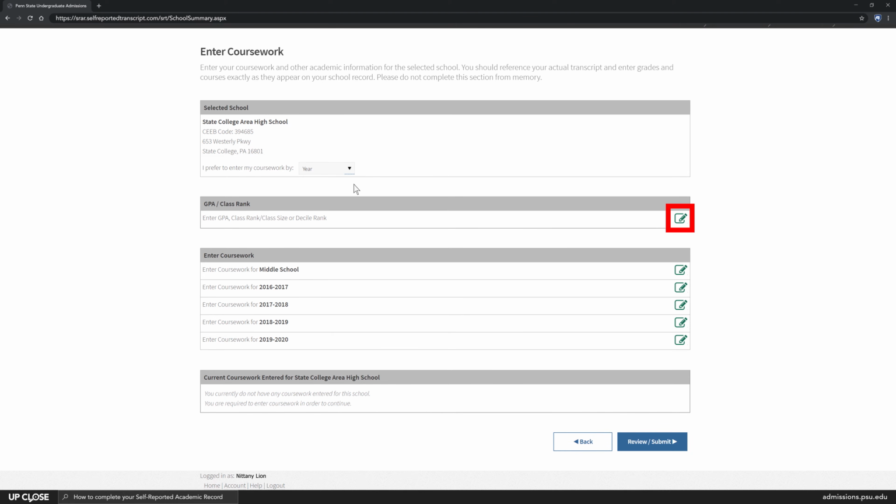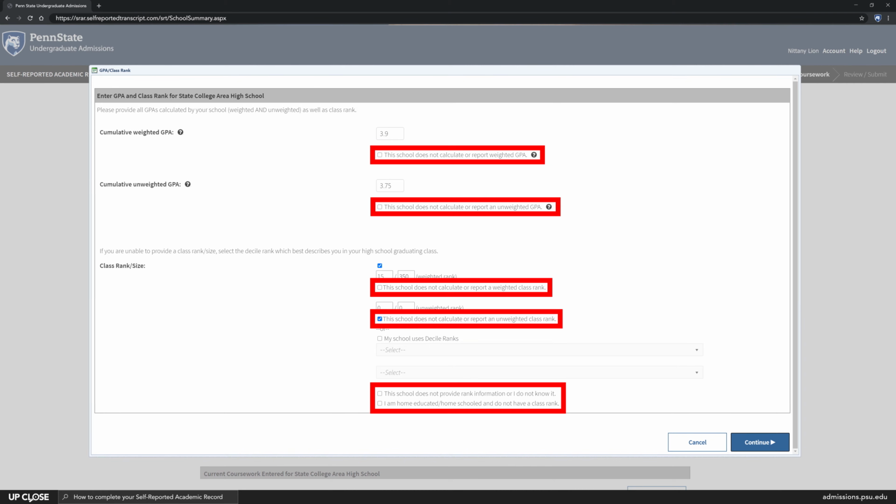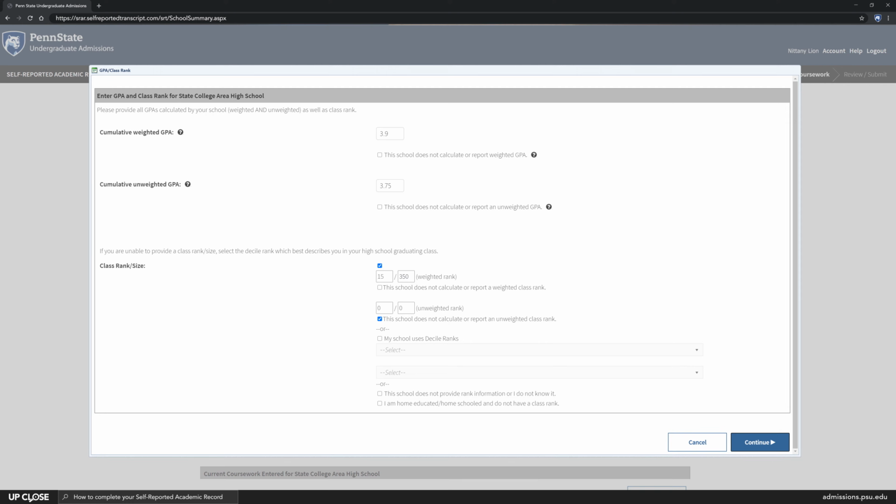The next thing you'll want to do is click on the green pencil icon under GPA and class rank. This is where you'll enter your cumulative weighted GPA, unweighted GPA, and rank information. If your school does not calculate GPA or rank, select the appropriate options listed on the page. Once this section is complete, click on the Continue button at the bottom of the page to move on to